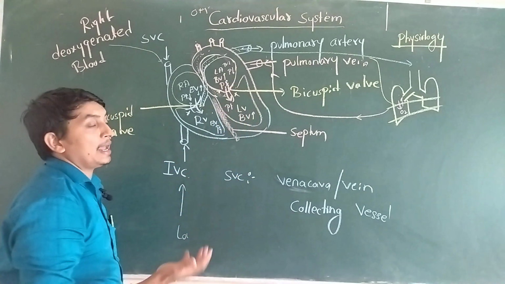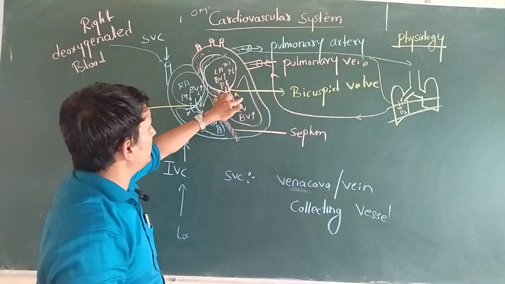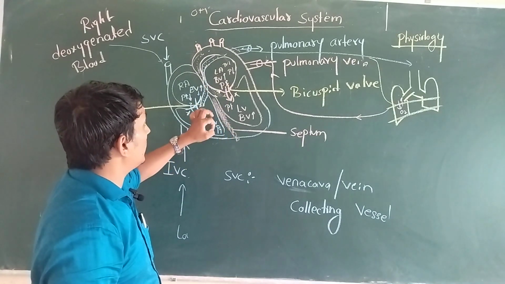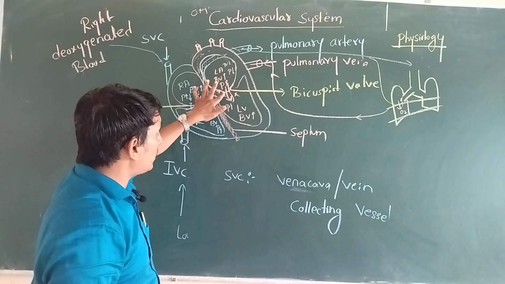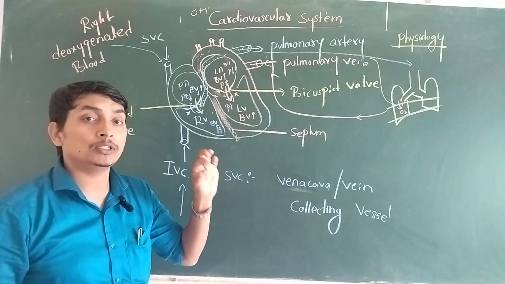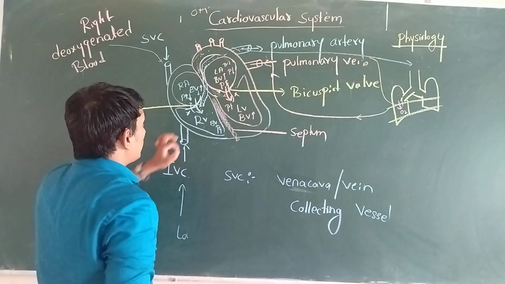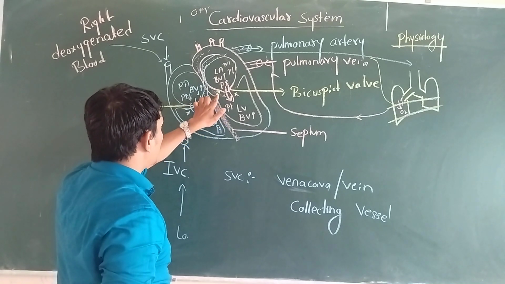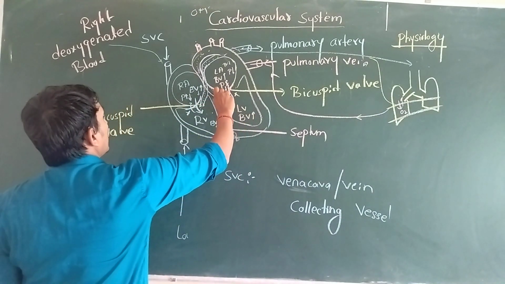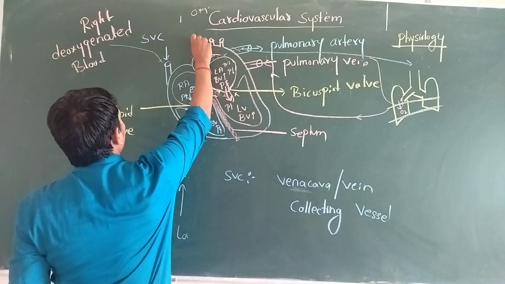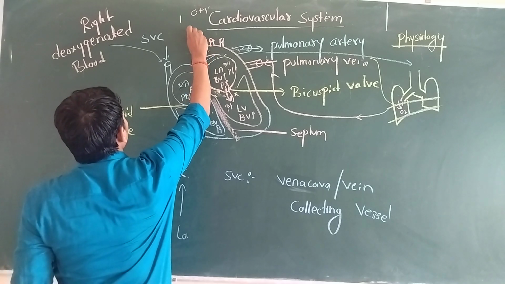When our ventricle starts contracting, our atrium starts relaxing. So most of the blood may try to backflow. So when it tries to backflow, at that time our valve, known as the bicuspid valve, closes to prevent the backflow. Okay, so when it closes, then what will happen? The semilunar valve opens. When the semilunar valve opens, blood flows into the aorta. Through the aorta, it supplies the different parts of our body.